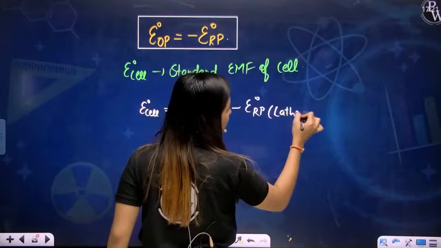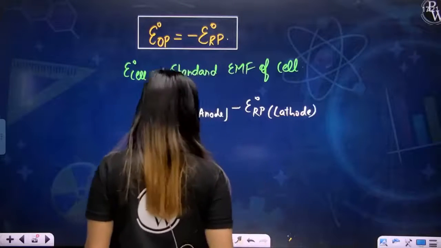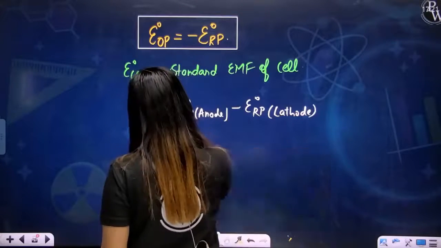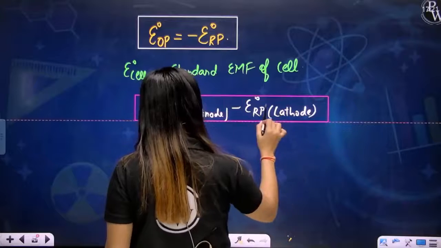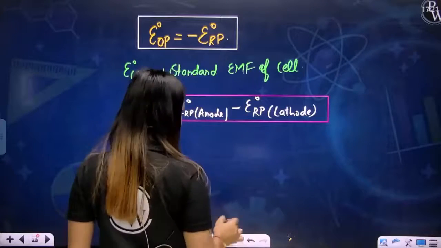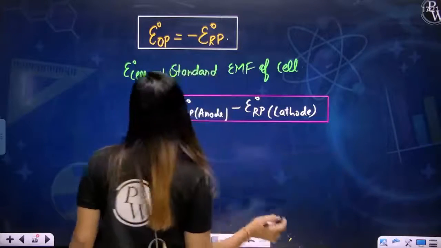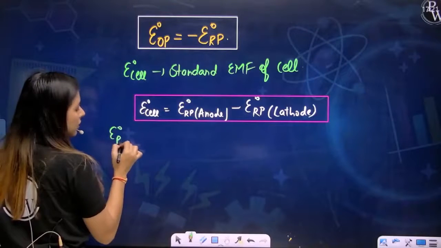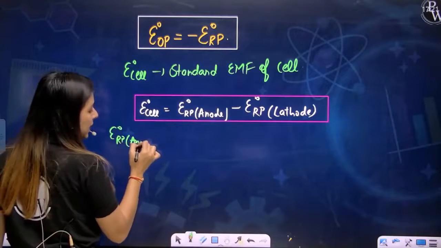I'll write it here as well. This is the formula of calculating E naught of cell, where E naught RP of anode means